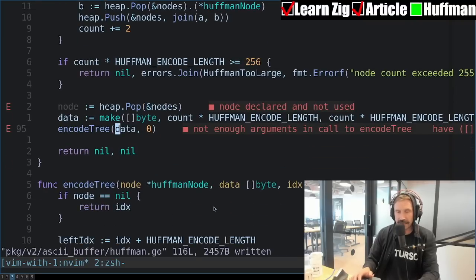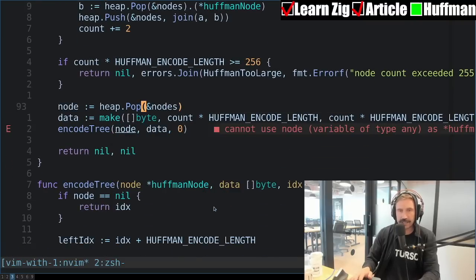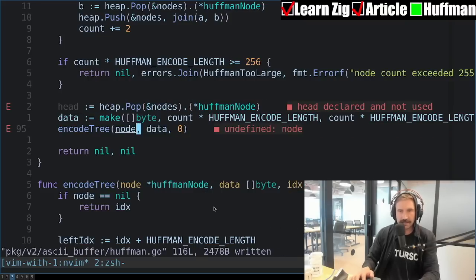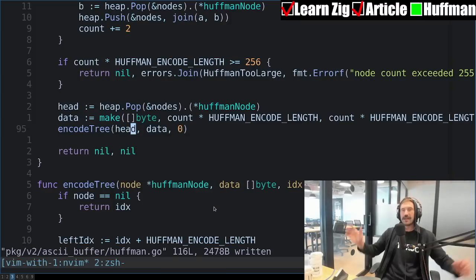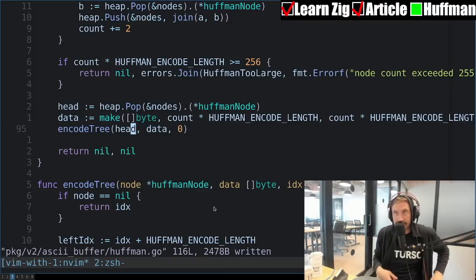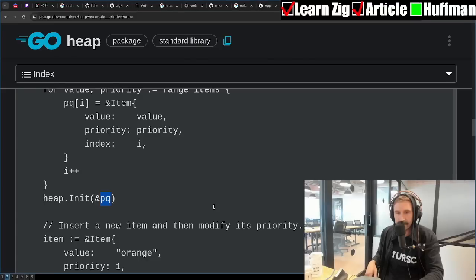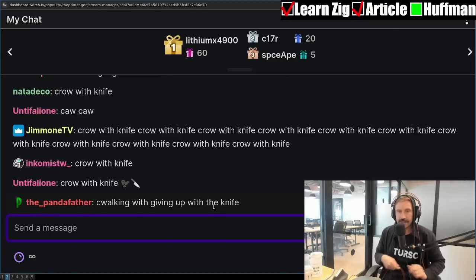We popped off that last item in the heap, and then we just simply have to go like this. I think that's it. I think I got it. I think I literally just Huffman encoded. Yeah, that's easy. All right.